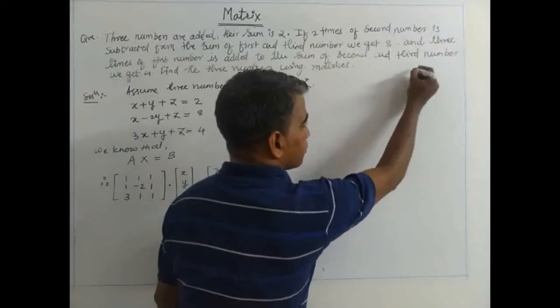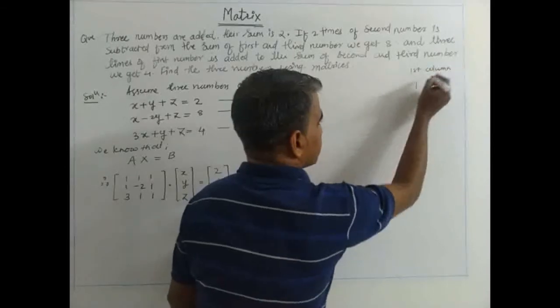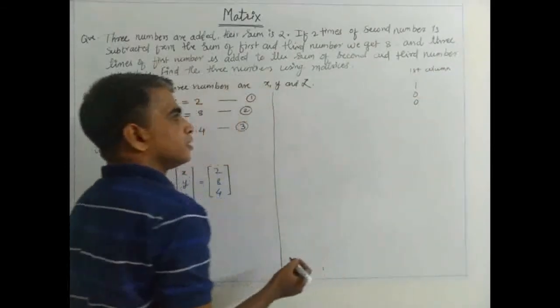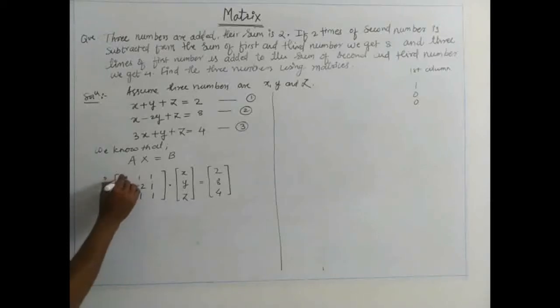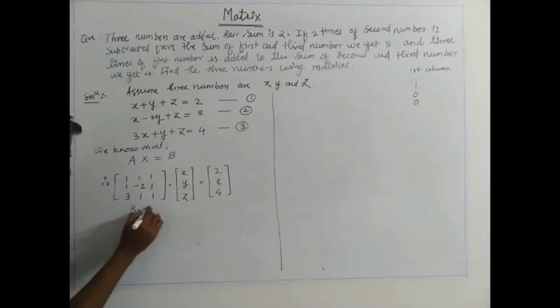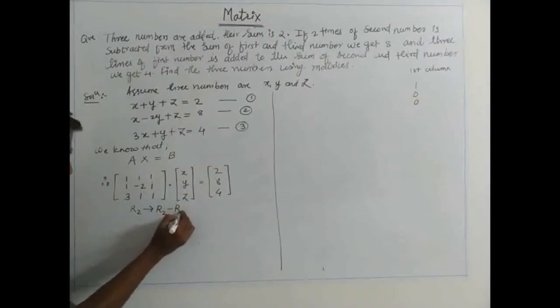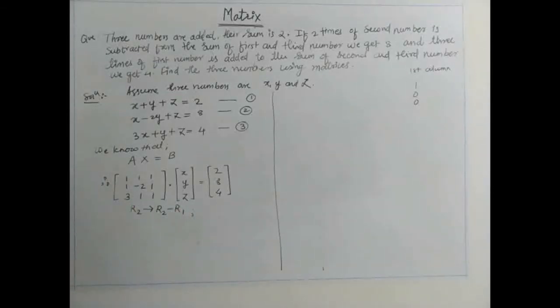For converting the values below the diagonal to 0, always start with the first column. We want 1, 0, 0 in the first column. In the first column, first row, we already have 1, so no need to change that value. But now we have to think about the second value and third value. First, the second value, which is 1. This value 1 will become 0 by using this value 1: 1 minus 1. Now this 1 lies in the second row, and that 1 lies in the first row. So the second row is going to change with the subtraction R2 minus R1.